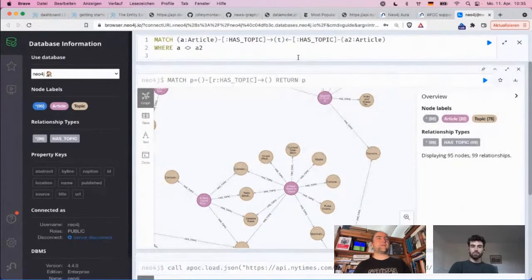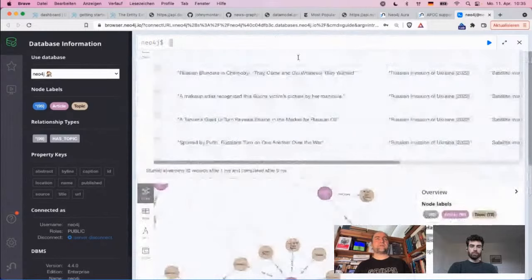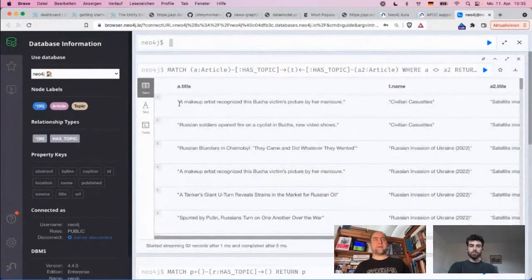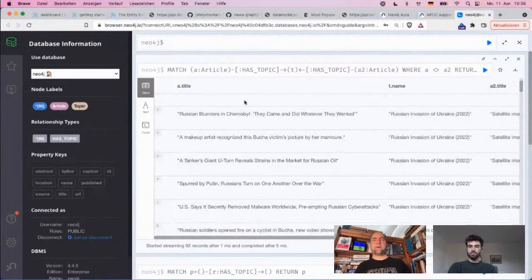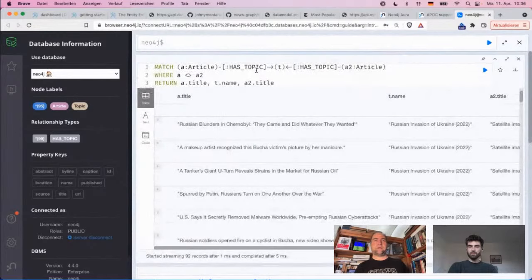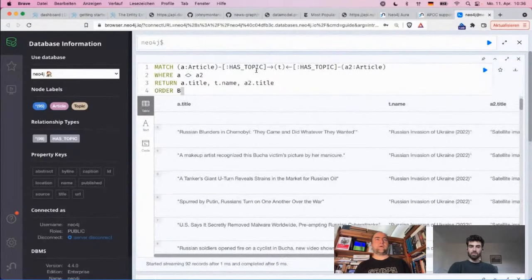Actually, let me do something else. What I can do is return the articles and the topics: article.title, topic.name, article2.title, so that we just see what is returned. So you see one article and another article, and how frequently they are in the list together. So if we sort them, order by a.title, a2.title,